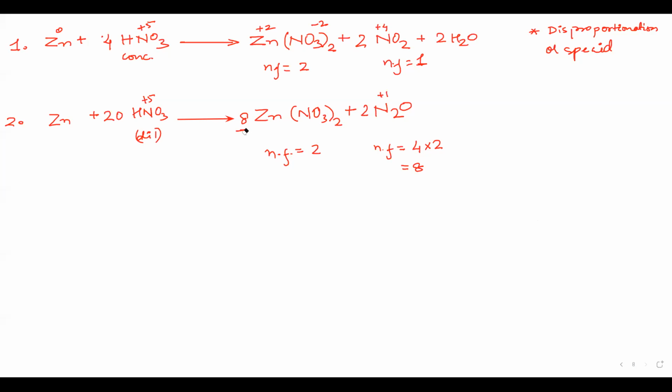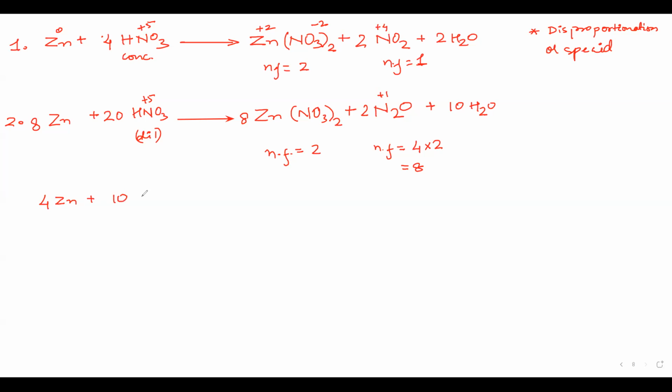Now we are remaining with water. If we have 8 zinc here, we will write 8 here also. For water, we have 20 HNO3, so we will write 10 H2O. Now I can again divide all the coefficients by 2, and we will get the same thing. If I divide it by 2, there will be no change. It will be balanced again.